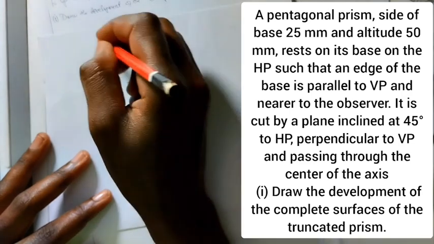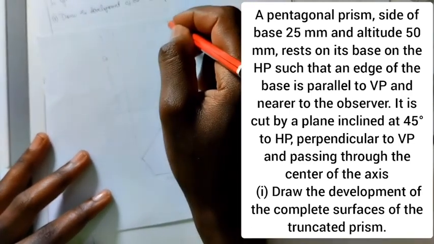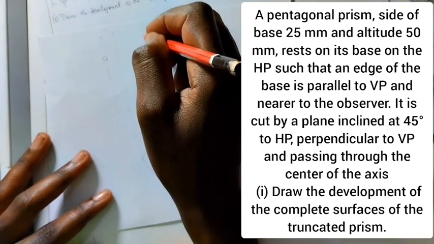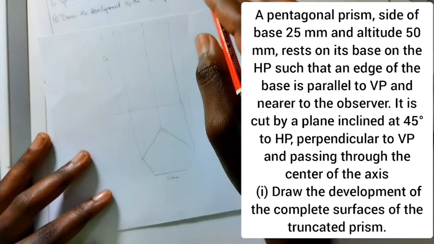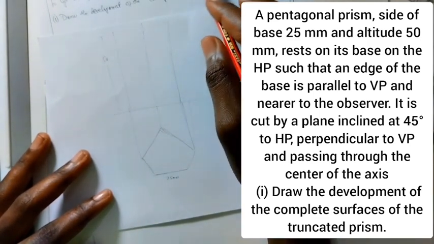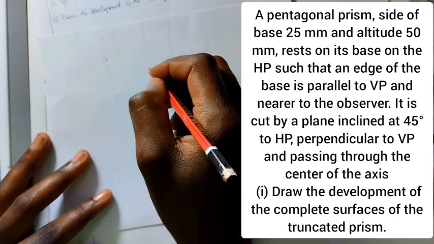It means from here, the cutting plane, or the plane inclined at this 45, passes through the center. It means the center of the axis